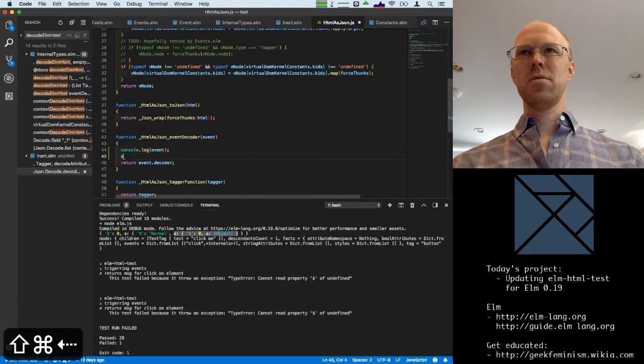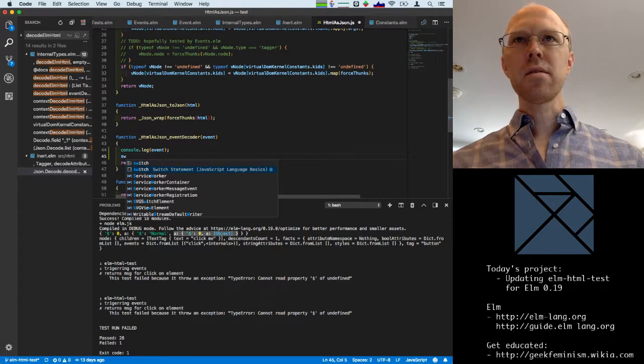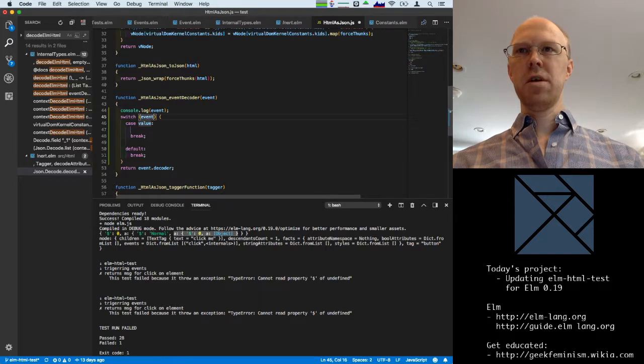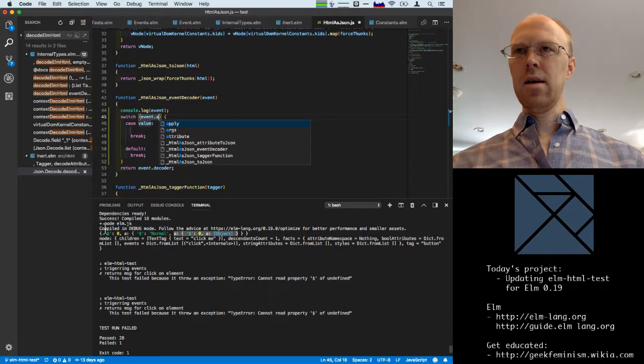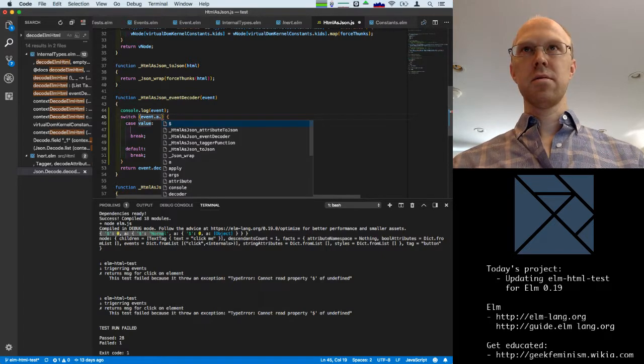All right, so we have switch. And what is VS Code trying to do? There we go. Okay, switch key. So event dot a, like if event is this whole thing, then it should be event dot a dot dollar.